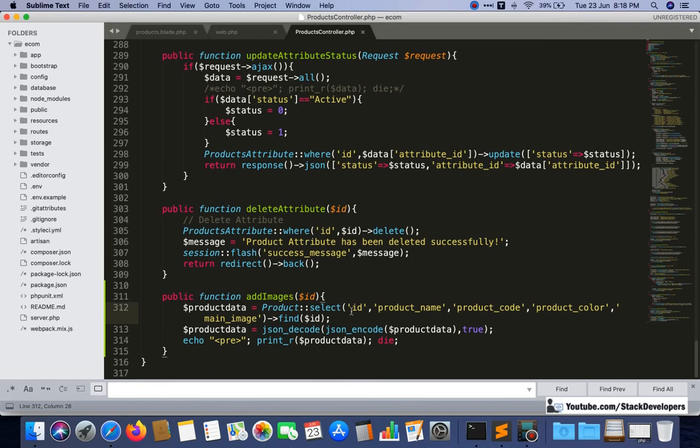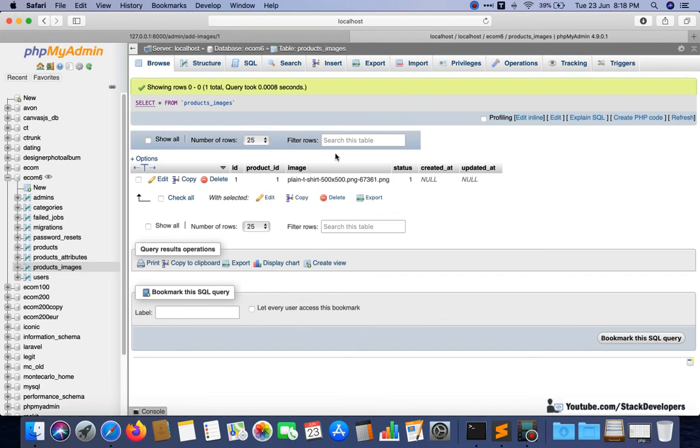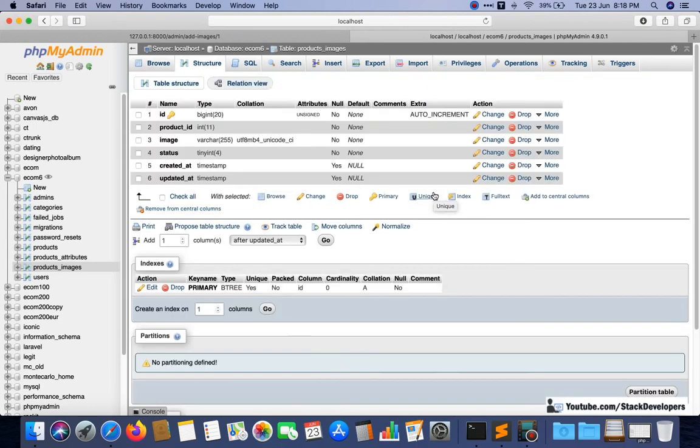For that we want a relation, one more relation will be there now. You can check that the product underscore images table we have created is similar to product underscore attributes. In product underscore attributes, one product can have many attributes, and in product underscore images we follow the same thing: one product can have many images.